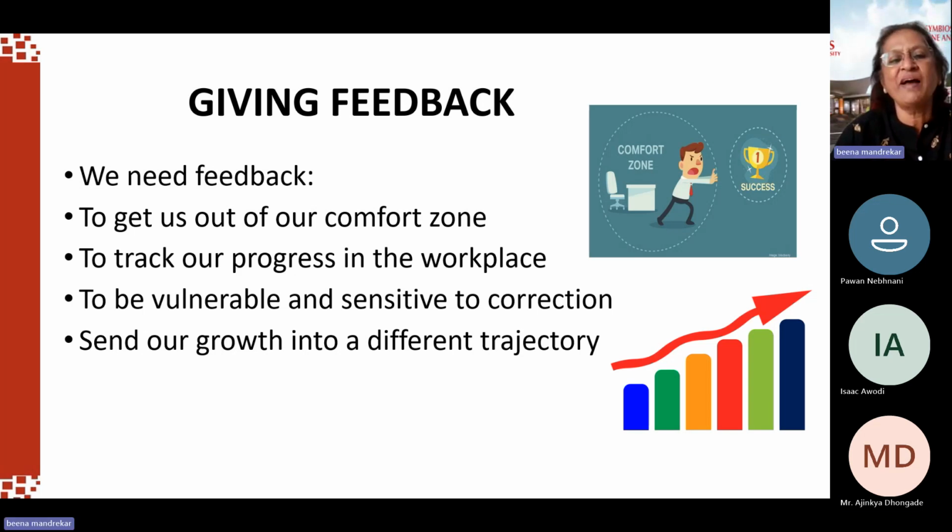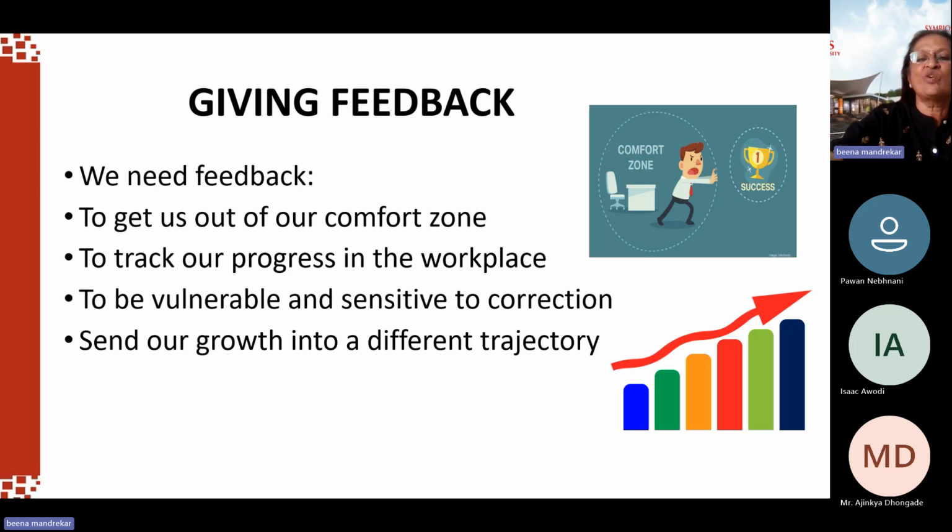And why do we need feedback? Because otherwise we think we are very good. If you don't give me feedback on the way I'm teaching you, if you don't fill that form which your Ajinkya will give you, I will think that I'm comfortable in my zone. I don't need to improve. I don't need to say anything. But if you tell me, ma'am, you're showing the PPTs too fast, or too slow, or we can understand this but not this, then I know what I'm supposed to improve on.